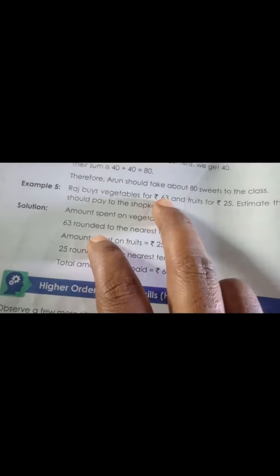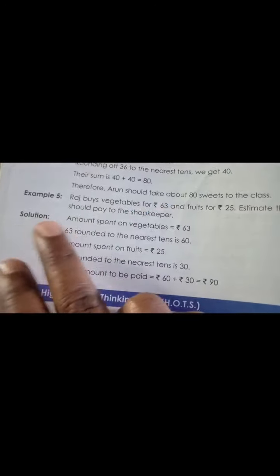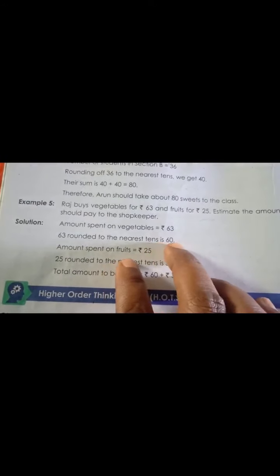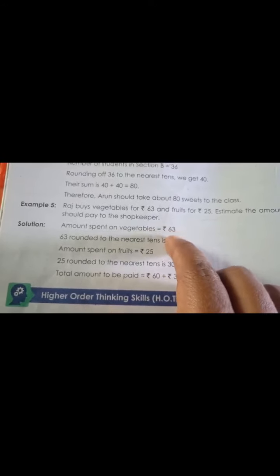Amount spent on vegetables, how much? 63. 63 rounded to the nearest tens is 60. If you round 63 to the nearest tens, which one will come? 60 will come.